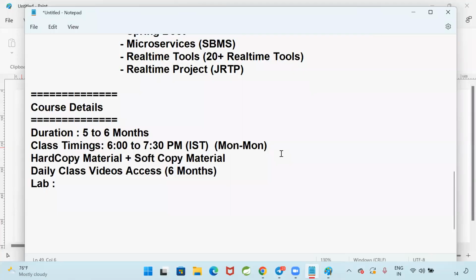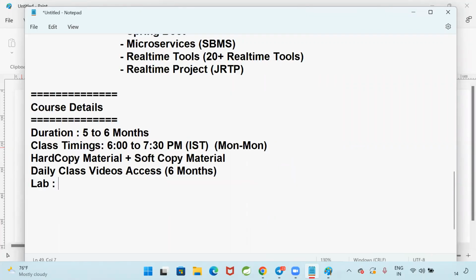9 to 6 you should be there in the lab. 1 hour lunch break. 1 to 2 again you should come here, or 1 to 3 o'clock. Okay, you will get 2 hours. So 1 to 3 is a break for you people. You need to be there in the lab. Daily tasks will be available. Exams will be available. Mock interviews will be available. If you need communication skills also, we are going to provide. How to prepare the resume, how to attend the HR interview, how to explain our strength, weakness, self-introduction, all those communication skills also we will provide you.